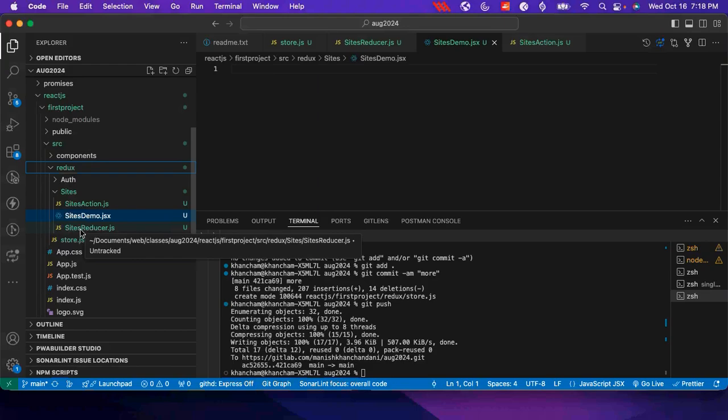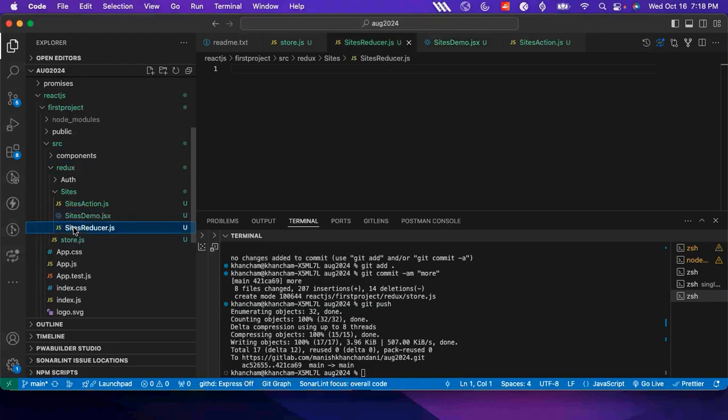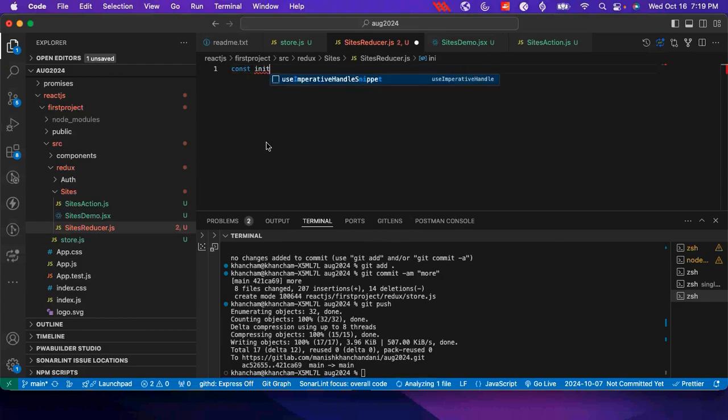Okay. So let's try to put some code in the reducer, and then we will go from there. So the first thing which we have to define in the reducer is the initial state. So for this reducer, what are the initial state variables I want to use? So it will be initialState equal to,